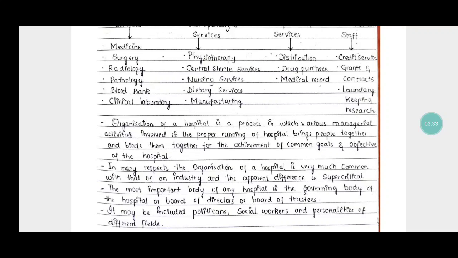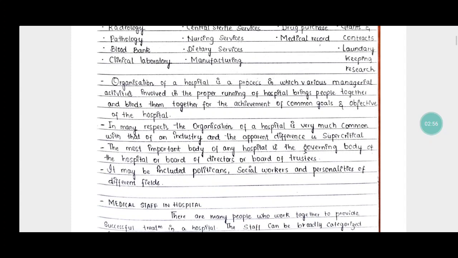So the most important body of a hospital is the governing body, which states the board of directors or the board of trustees, which may lead the hospital, which governs the hospital, which may include politicians, social workers,